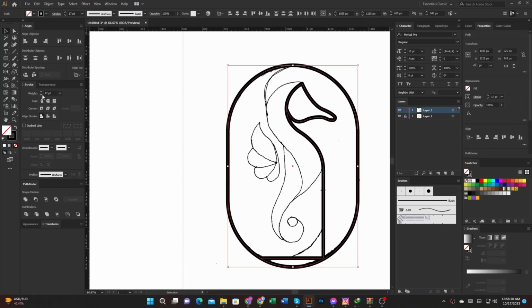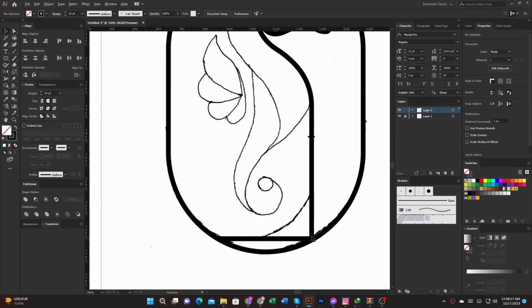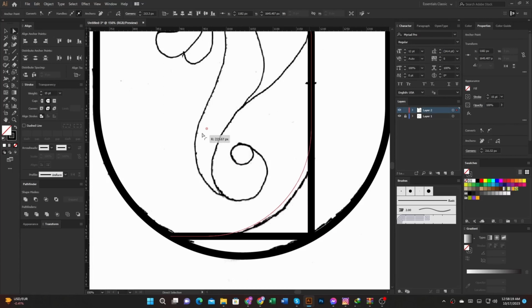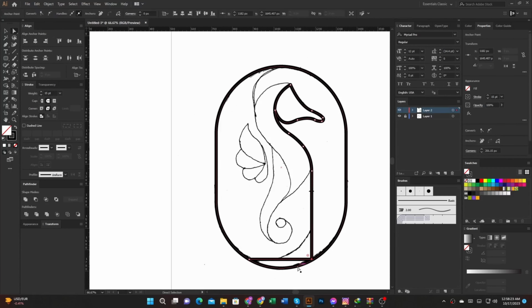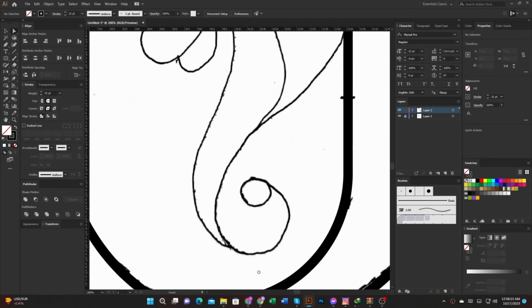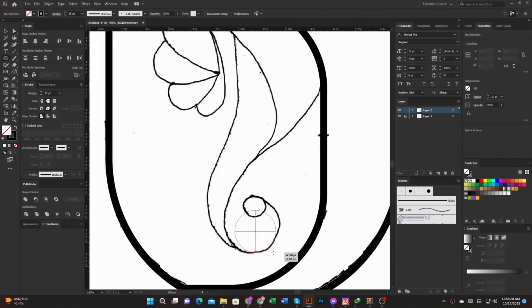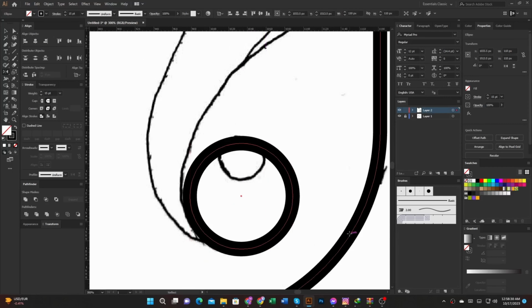Now select it and convert its stroke to outlines. And it's some rounded. Okay. Now, make a circle shape.